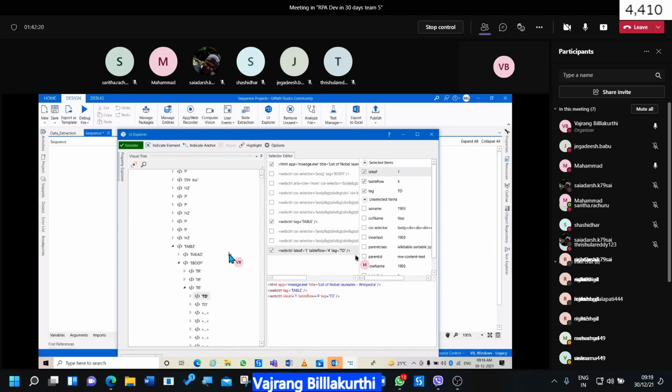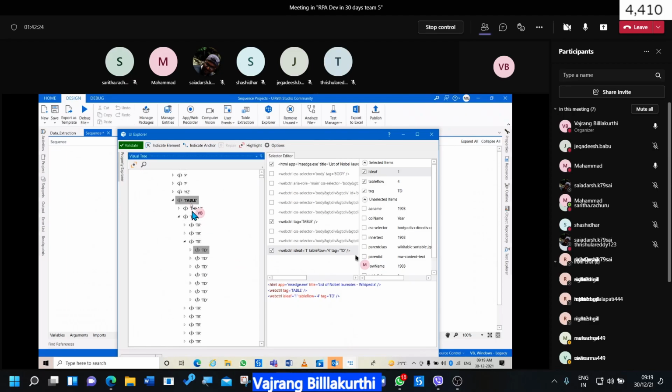See, always the structure will be like this: table, T head, T body, and then the values. Yes, table data, TD. So in the table, if we have a table row, then we can find all the items, right? TDs. Yes, TD table data will have the actual information, whatever year or anything that you have. So what do we need to find here?